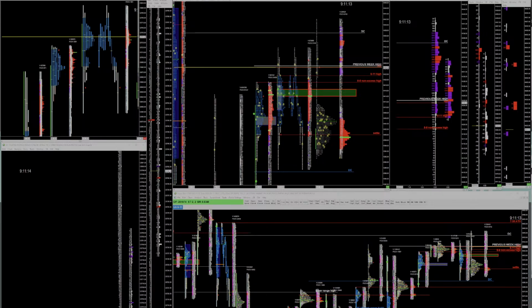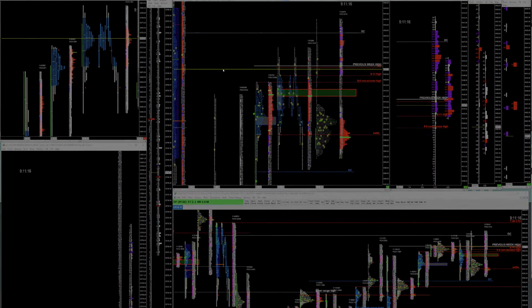Let me do a screenshot so I can show you better. Value represented was this, and until this point it was like this, something like this. I don't remember exactly, but maybe down here. But as this started to move, the curious thing is that value was clearly overlapping higher relative to the previous day.